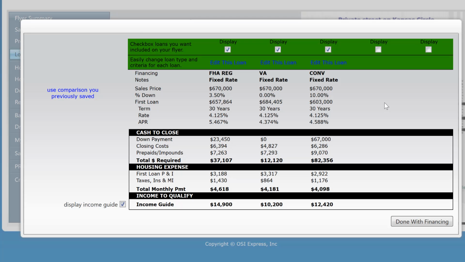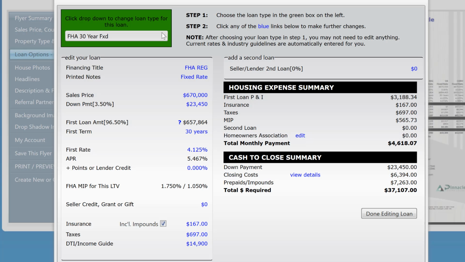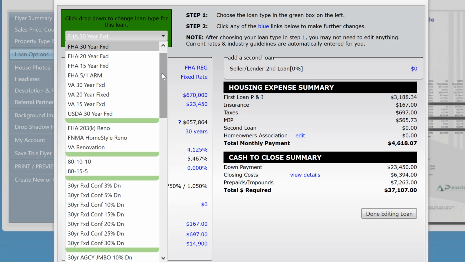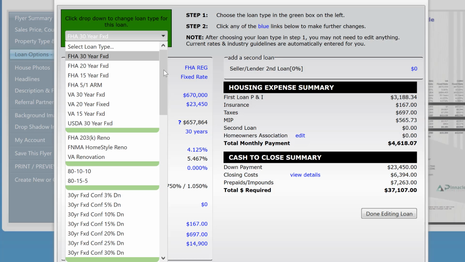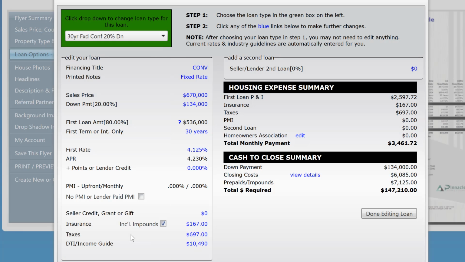We're going to do just 4 loans, but you can use 5 if you want to put 5 scenarios in. We're going to start with edit this loan. We're going to pick the type of loan from the drop-down. We're going to look for a 30-year fixed with 20% down. We'll select that from the list, and it will calculate all of these things such as the APR and other